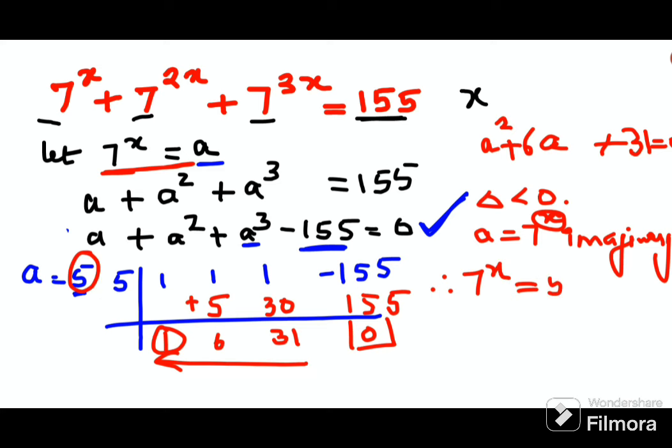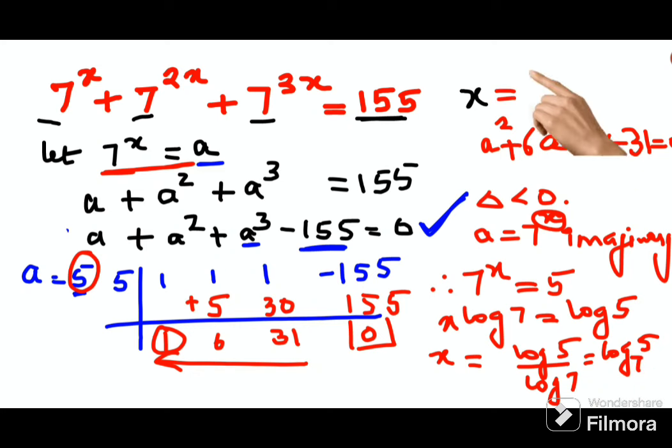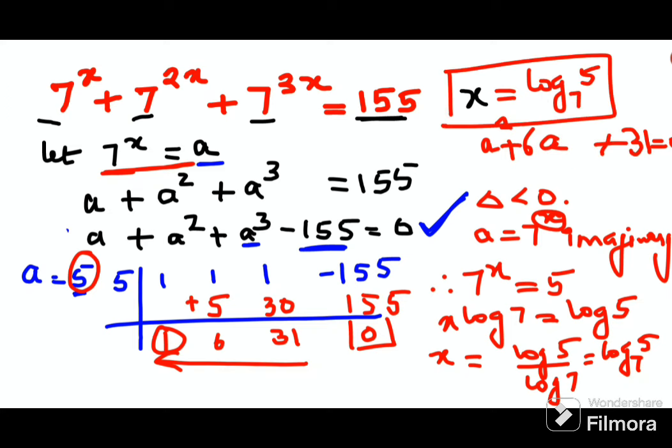Okay, and taking log on both sides, I'll get x log 7 equals, sorry, not 5, we will have log 5, right? And dividing both sides, we get x equals log 5 upon log 7, which can also be written as log 5 to the base 7. That is, my dear friends, the value. I'll just write it over here properly. Log 5 to the base 7. That, my dear friends, is the value for x for this particular